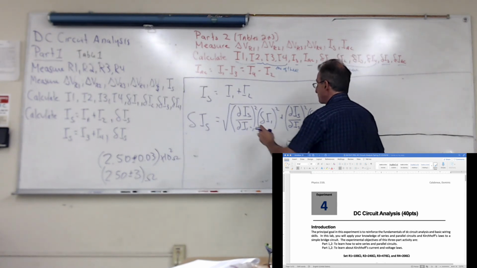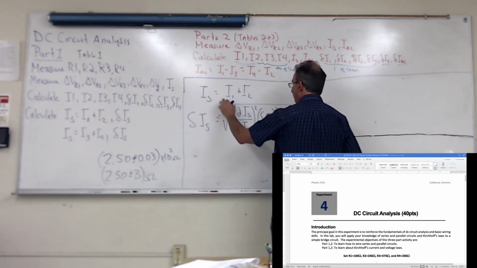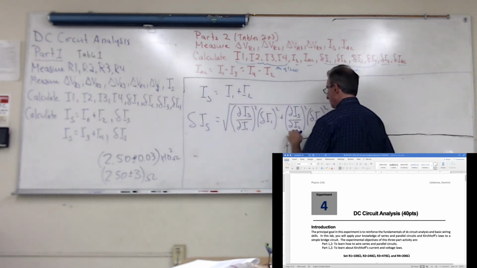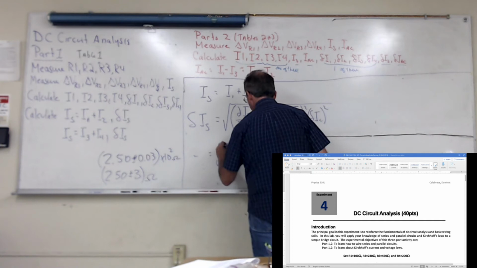Okay, so what's the derivative of this with respect to I1? Well, it's 1. What's the derivative of this function with respect to I2? It's also 1. And so this ends up being